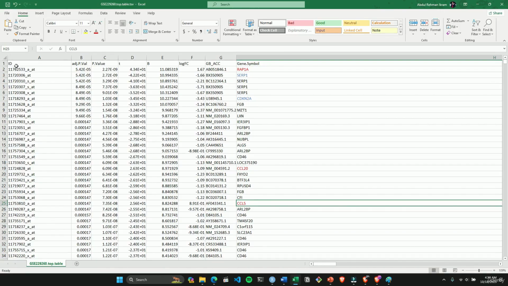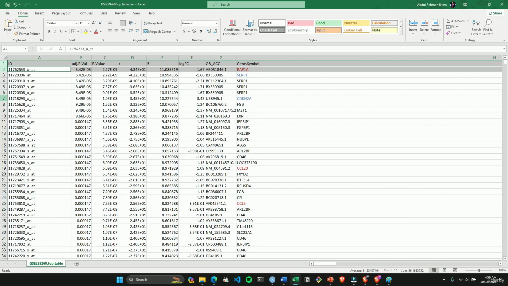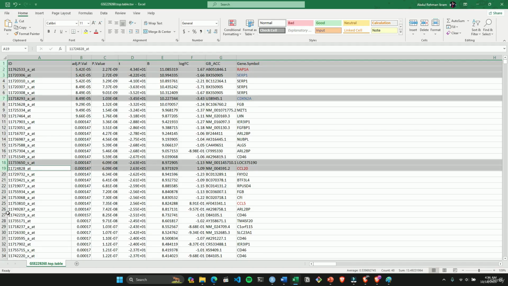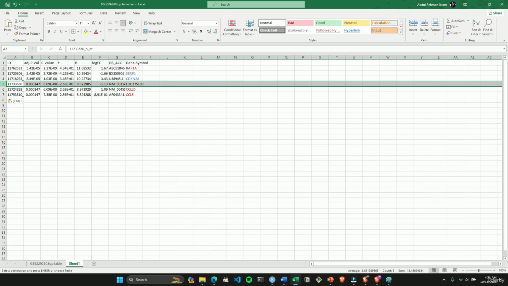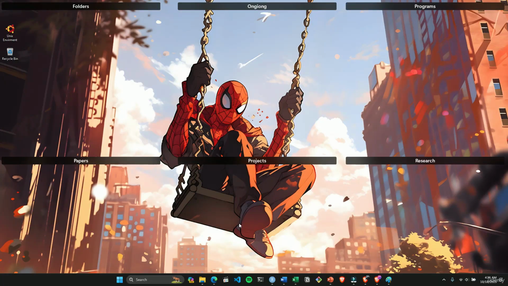How to extract this table? So we need the first column, second column, our third one, and then we have the CCL20 gene column and CCL5 column. I'm just gonna copy this and paste it here and delete the unnecessary data. So here you can see we have the table of top differentially expressed genes. So I'm just gonna copy this, make a new